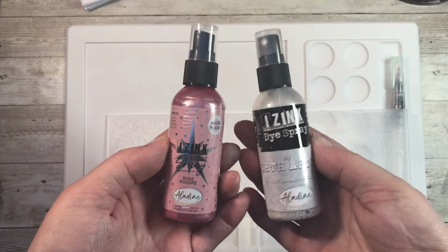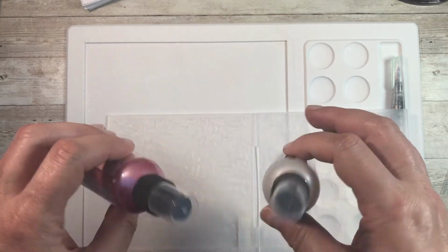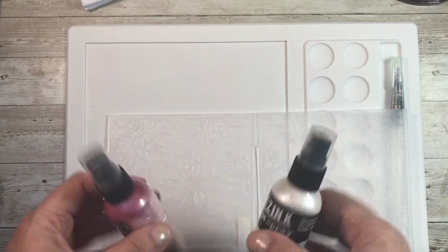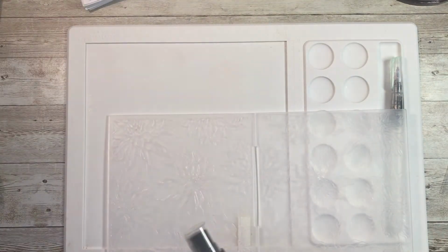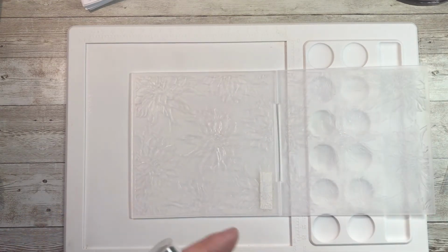I have a couple of ink sprays that I bought when I was making the mulberry blooms, and I thought it would be quite fun to try them with this particular embossing folder. I was amazed by the results, and you really don't need a lot of ink. Now, if I wasn't filming, if I was doing this in my craft room, I've got a big old box